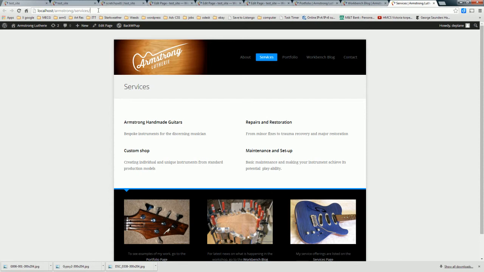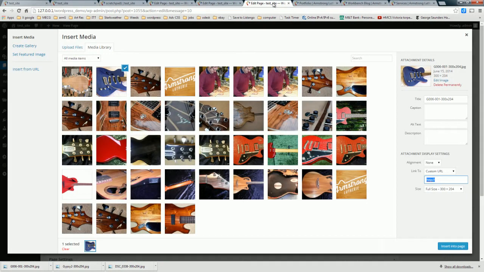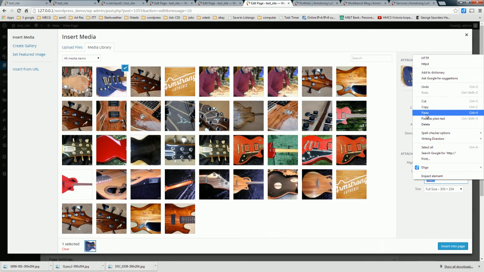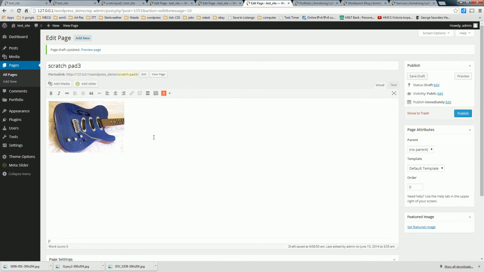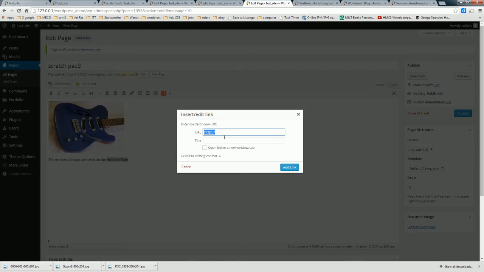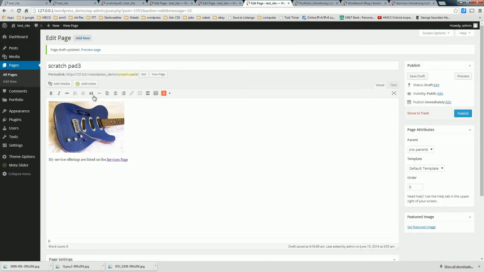Here we're going to use the Services page, highlight the URL, copy the URL, go back to the Scratchpad, Insert Media page, paste the link, click on the Insert into Page button, go back to the Visual Editor, start a new line, insert a bit of text, highlight the words you'll want to add a link to, press the Insert Edit Link button, paste in our link again, add link, don't forget to center the page, save the draft,